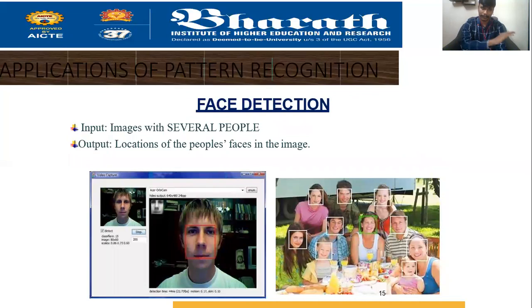And face detection: every mobile phone nowadays is composed with face detection. Face detection is considered an advancement of fingerprint recognition for accessing a module or an electronic component like mobiles. The face of the user will be detected by the face detection. Input will be the images of several people, and output will be the location of the people's faces in that image. The image is loaded as an input or a verified module or a template. Their structure will be considered as the parameters to be matched and verified